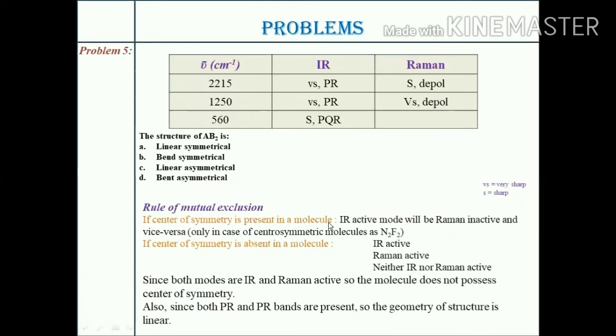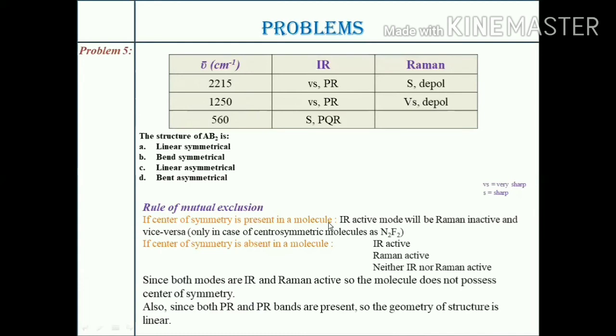You come back to the central position and then you move to the right the same distance as you moved to the left, you again get the X position. That means the molecule carries a center of symmetry. In other words, technically we say that the center of the molecule contains the same components on both the sides.